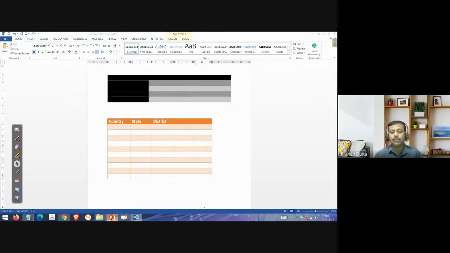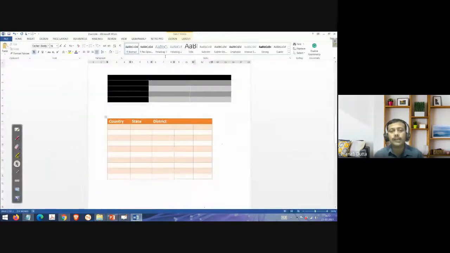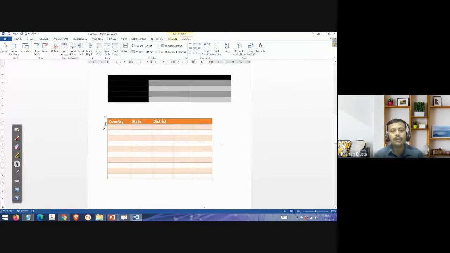That is one way. Another way is that you can go to the layout and then you can erase or delete it below. Right, you go to the layout. You see there is a layout. Then you can select what you want: delete cell, delete column, delete row, delete table, all these things. Suppose I want to delete that row, so delete. And suppose I want to insert only one row, so just click outside the table, right? Then press the enter key. So one row will be entered.